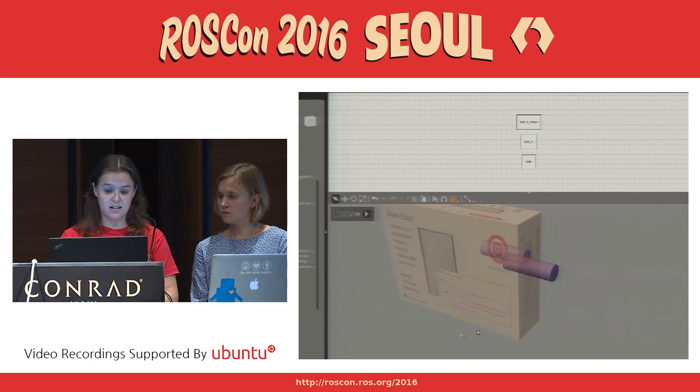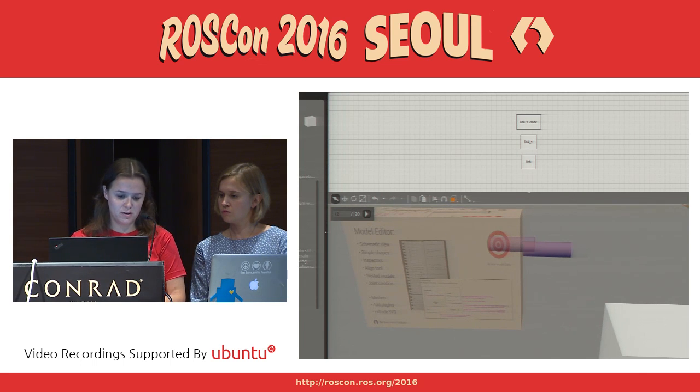We can also insert nested models, so you can get any model that is in the Gazebo Online database right here, or any models that you have locally installed. So I'm going to get a